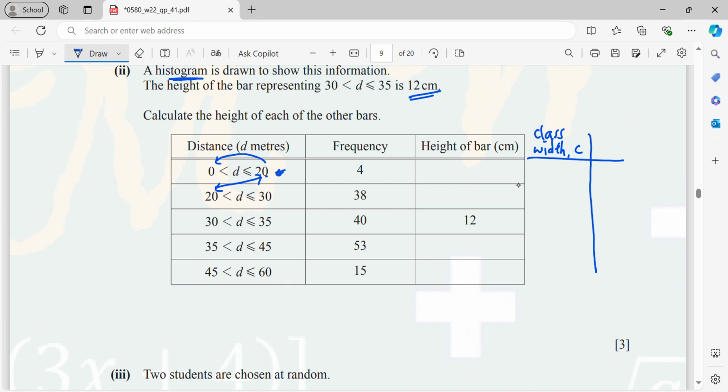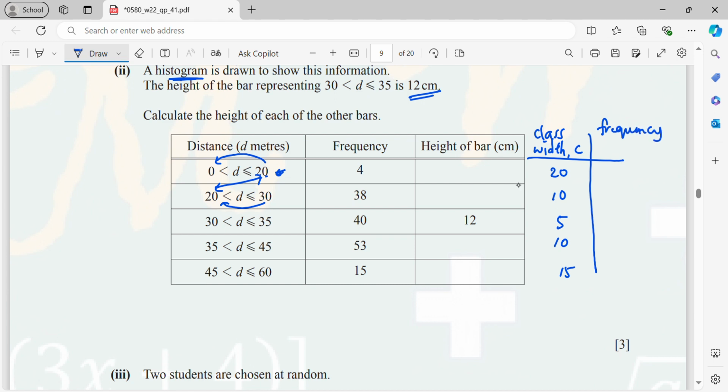So my class width will be 20 for the first class, but for the second class, when you subtract, that is only 10. Same goes to the next class. You get 5, and then 35 to 45, the width is 10, and then 45 to 60, the width is 15. Okay, so now I need to calculate the frequency density